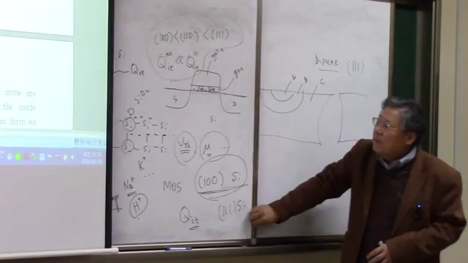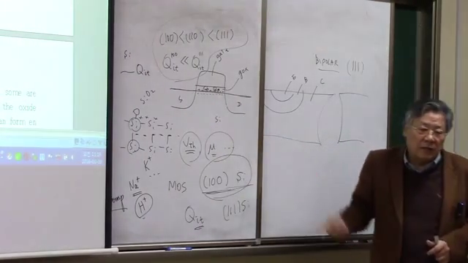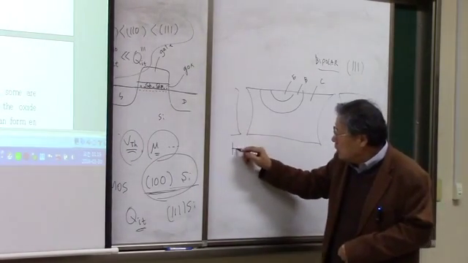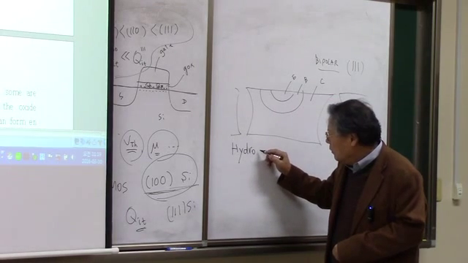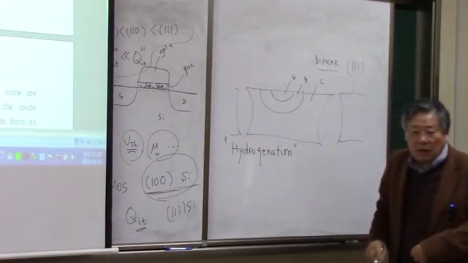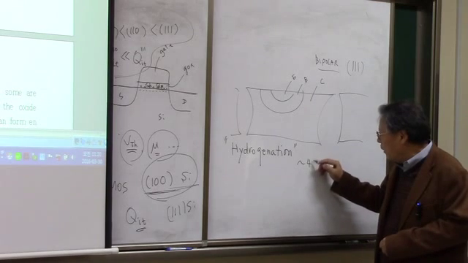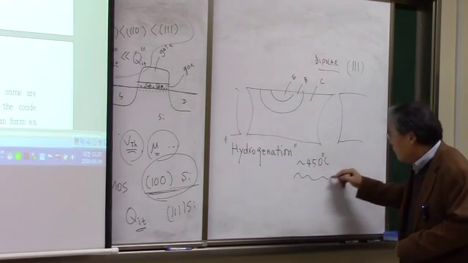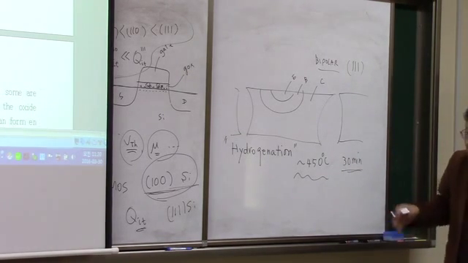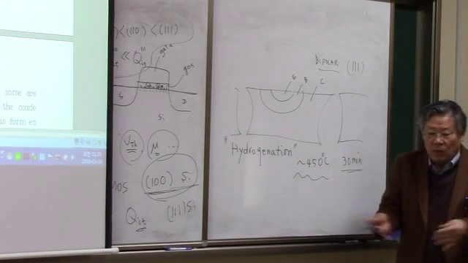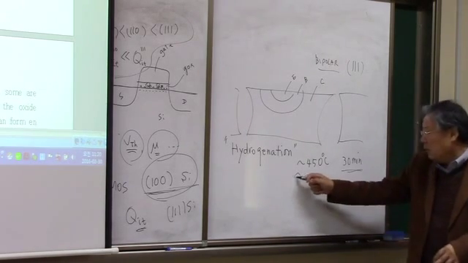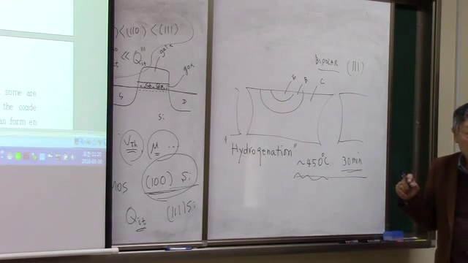So we have to find a way to minimize these interface trap charges, and there is a way to minimize this. What we do is hydrogenation. We call this hydrogenation. What you do is, at a temperature of 450 degrees centigrade, about just 30 minutes is enough to hydrogenate the interface. We put the transistors, after all the process, in the furnace and maintain the temperature at 450 degrees centigrade, and then we just cook it